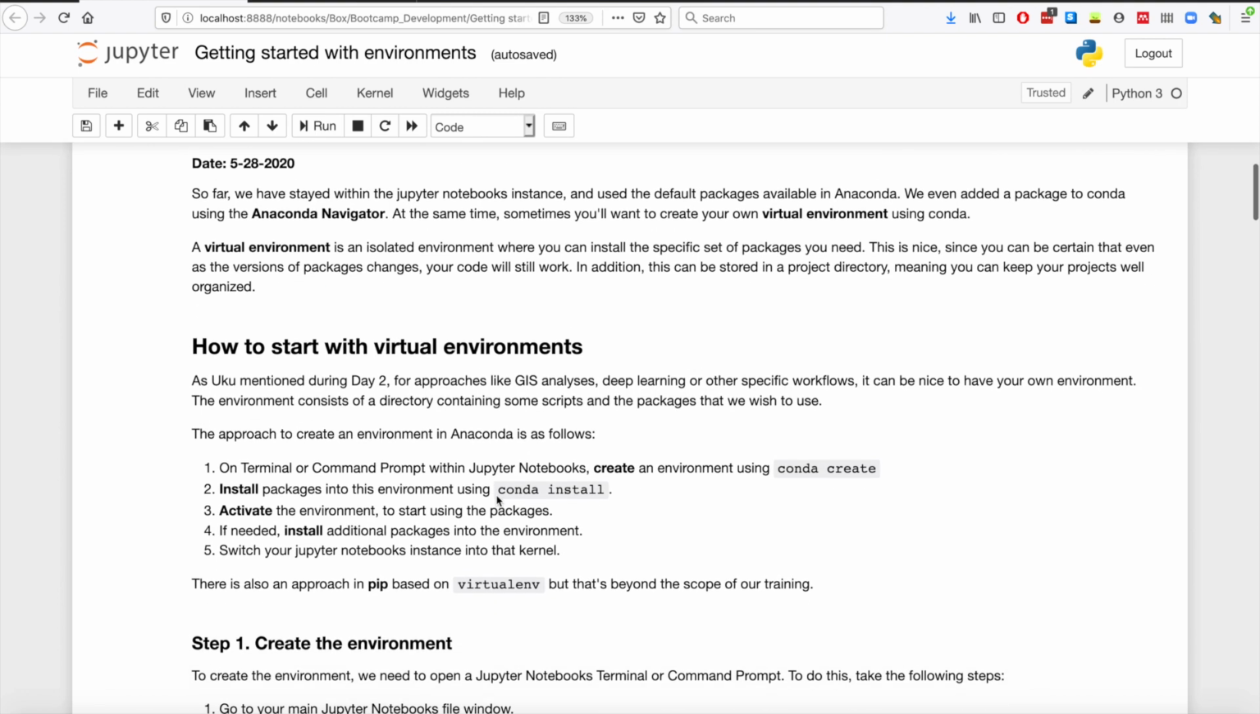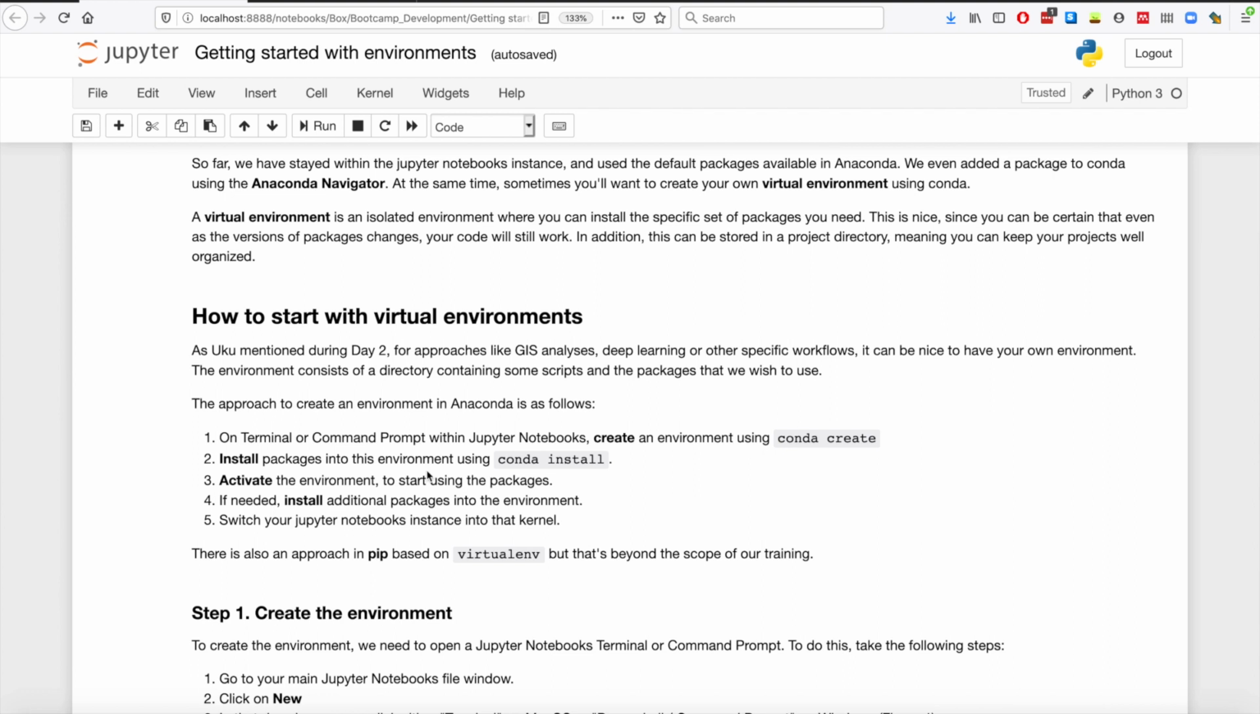So how we get started in general is this approach here. We start on the terminal or command prompt within Jupyter Notebooks. Within that Jupyter Notebooks context, we create an environment using the conda create command. We then install packages into this environment using conda install. We activate this environment using conda activate. We then install additional packages, so packages that might be on that other package manager called pip, and then we add that environment into our Jupyter Notebooks instance so we can access it from Jupyter. There's also an entire approach totally based on pip using virtualenv, but that's beyond the scope